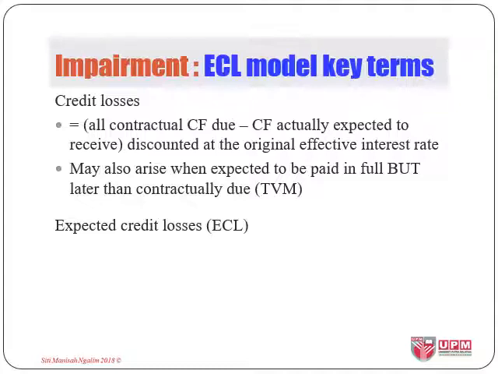For example, by contract, we should receive 2 million ringgit in a 1 year period, and after a while, we are assured to get the 2 million in full, but instead of within 1 year, we are expected to receive the total amounts within 1.5 years. Now that is an extension of the time period by another 6 months. There is a loss there in terms of time value of money.